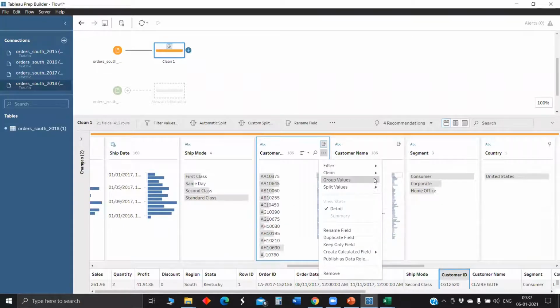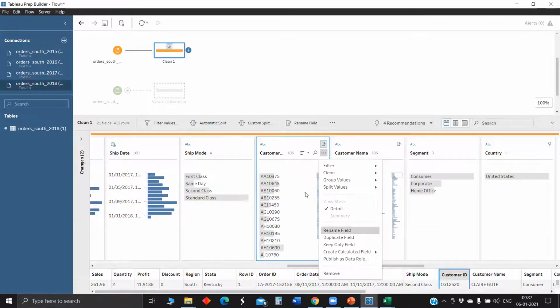If you would like to remove the text as well, then remove letters. If you would like to remove numbers, remove numbers, and remove extra spaces, all spaces, and trim spaces. All these features are there to clean the fields which are of string type.